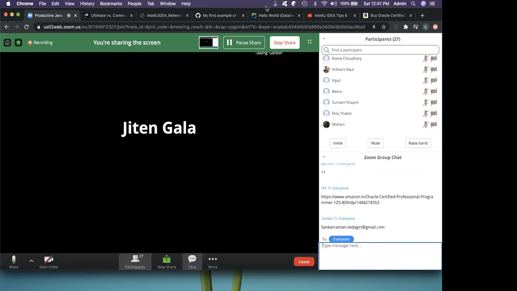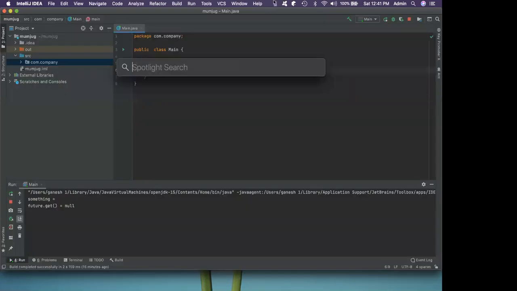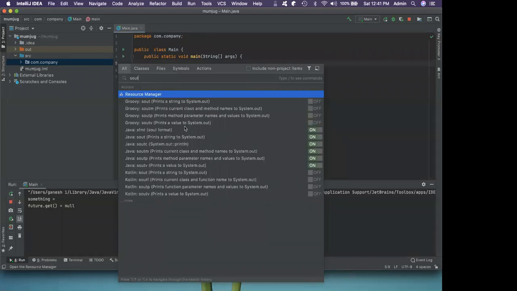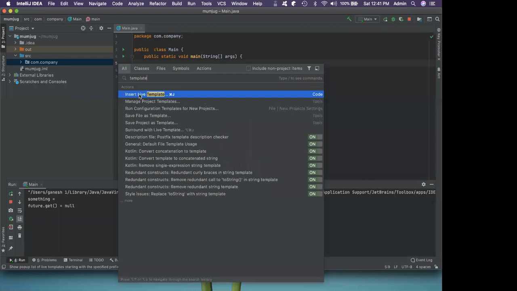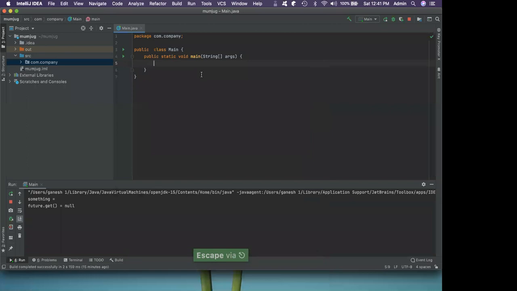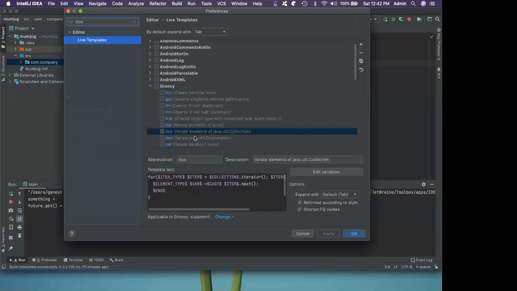So I think I have more or less covered everything that was planned. And okay, let's end with creating something instead of just following something, right? So one thing I love in IntelliJ IDEA is these templates, right? For example, SOC, right? Let us see these templates. So these are the templates that we have, and I can actually add my own template. So let's try a live template. Okay, so I'm going to the live templates.